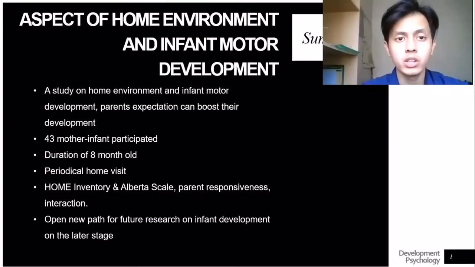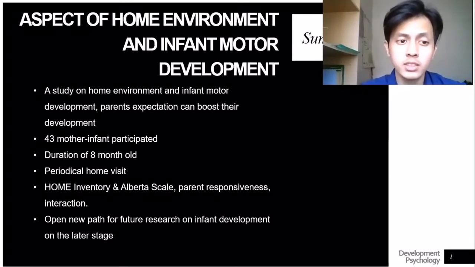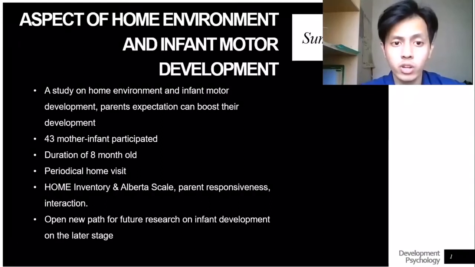Hi, my name is Az-Zuhri and I'll be explaining the first article regarding home environment and infant motor development. This study is about how the home environment can influence infant motor development and to determine whether parents' expectations could actually build their child's development in terms of motor skills. They picked 43 mothers and infants to participate in this study for a duration of 8 months. So from the time the baby is born until they are 8 months old is how long they conducted this study. To collect the data, they used the home inventory and Alberta skill